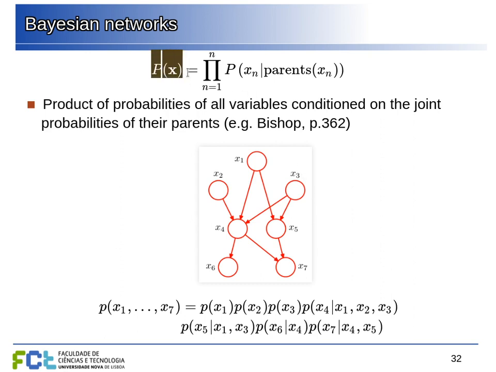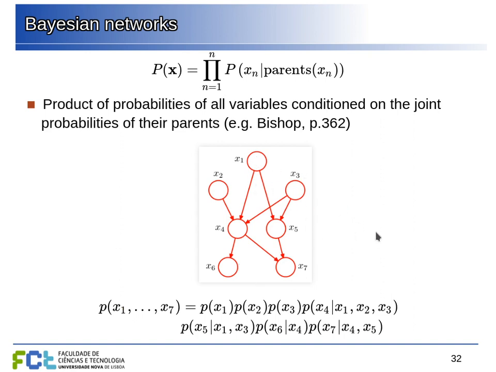Basically, the joint probability distribution for the whole set of variables is the product of all the conditional probability distributions of each node given its parent nodes. That is, all the nodes that have arrows pointing to this one. Taking this example from Bishop's book, you can find it on this page if you want to look at it in more detail. The joint probability distribution of these 7 variables,